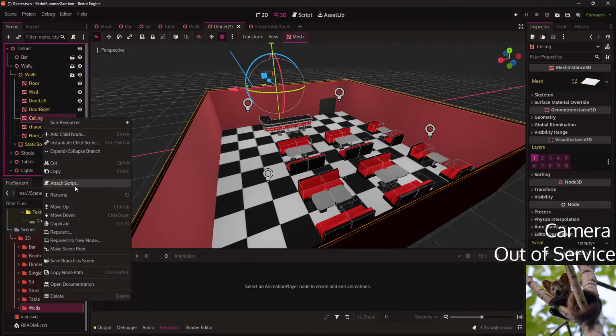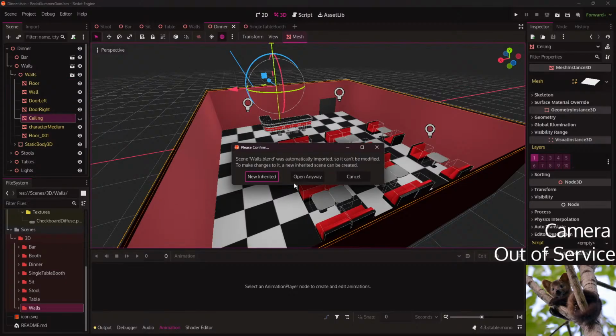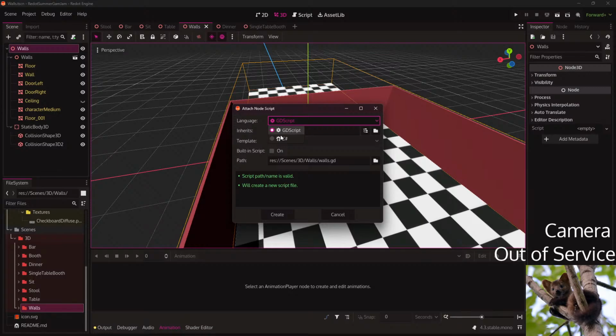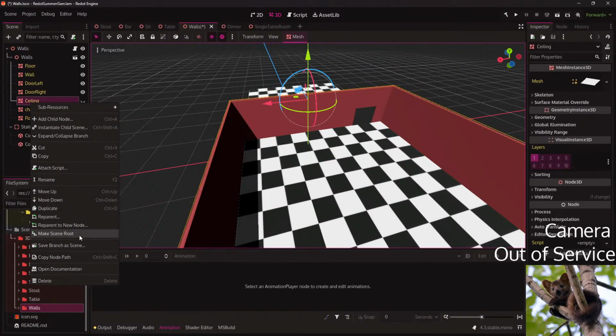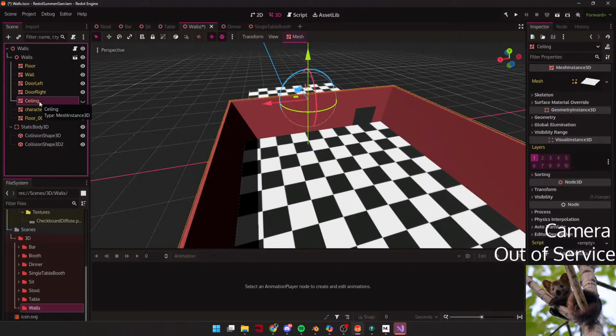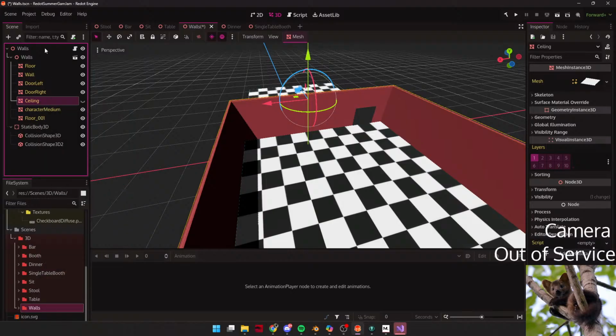I actually almost want to create a simple script for the world scene. This one. I can make that as unique.